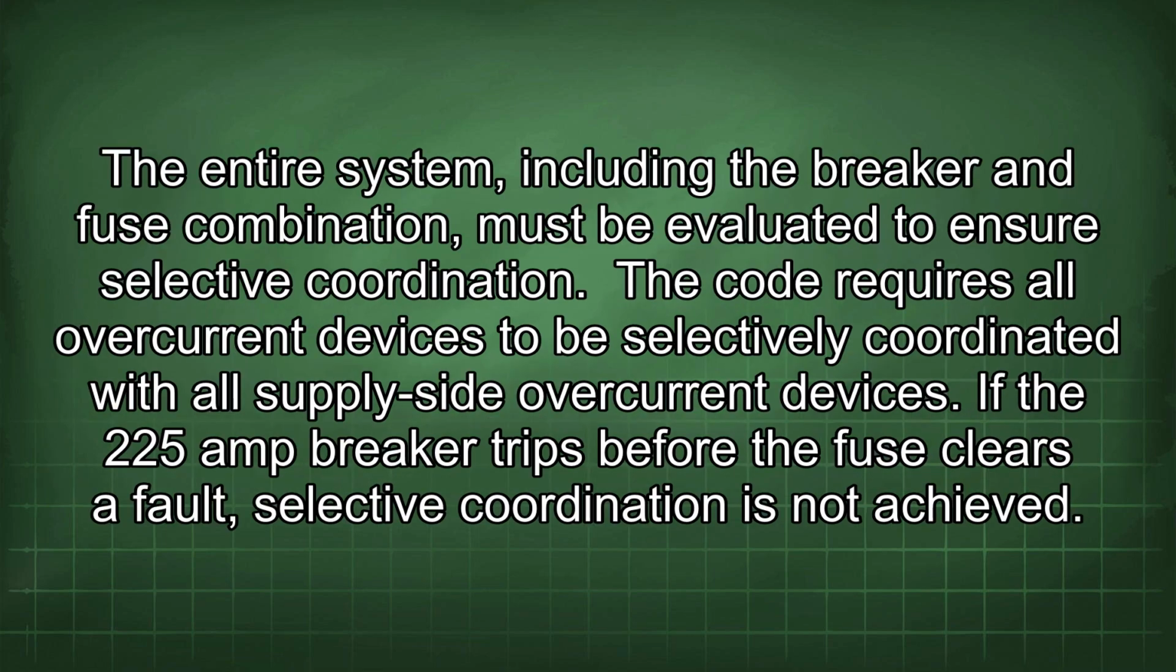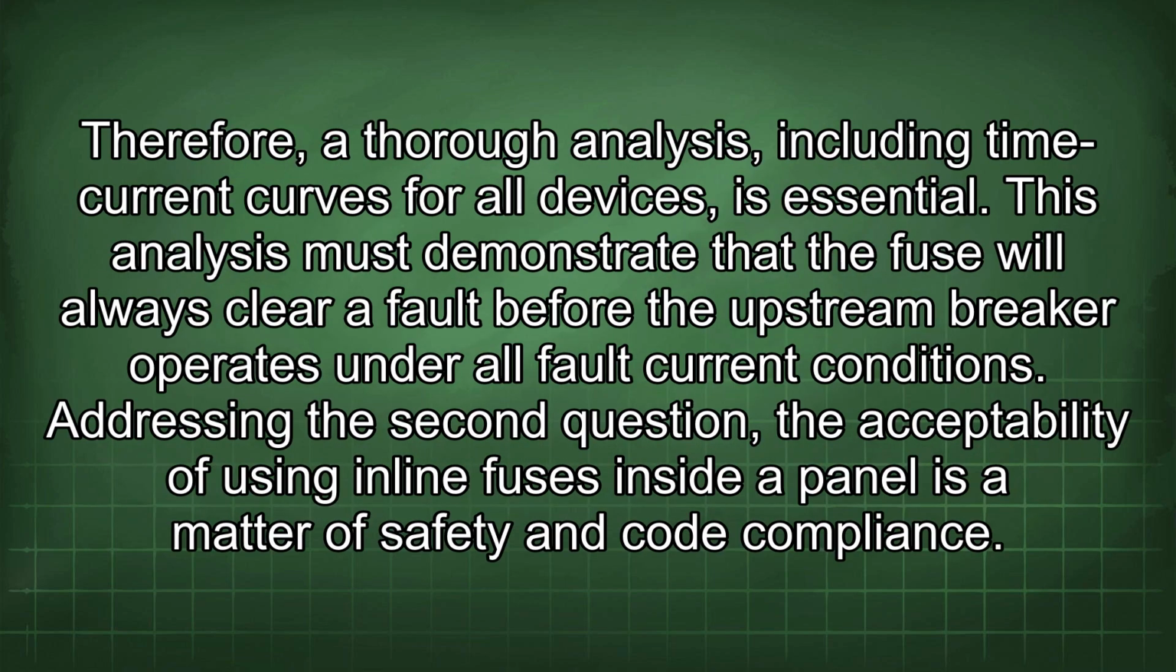The entire system, including the breaker and fuse combination, must be evaluated to ensure selective coordination. The code requires all overcurrent devices to be selectively coordinated with all supply-side overcurrent devices. If the 225 amp breaker trips before the fuse clears a fault, selective coordination is not achieved. Therefore, a thorough analysis, including time current curves for all devices, is essential. This analysis must demonstrate that the fuse will always clear a fault before the upstream breaker operates under all fault